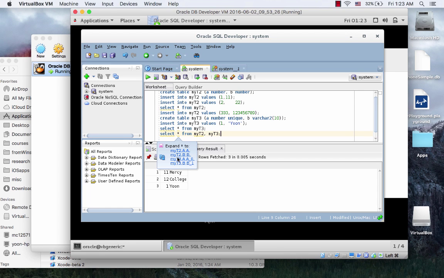So I can rename it: the first one is from the first A, and second one is the first B, and third one I would say A underscore 0, which is the first column from the second table, and this is the second column from the second table. Okay, so